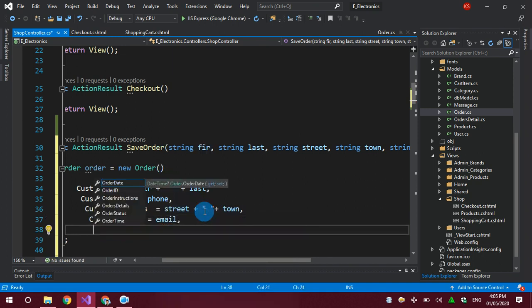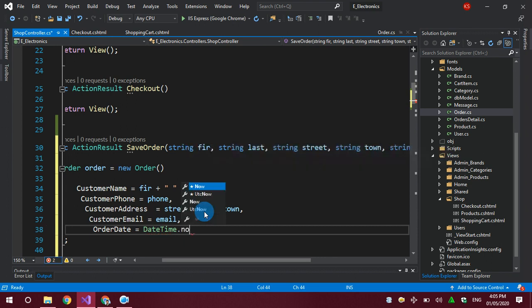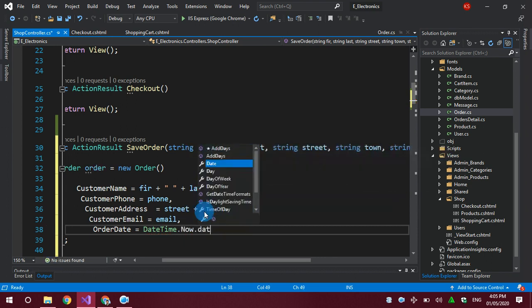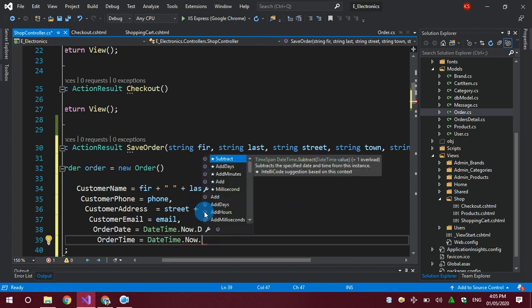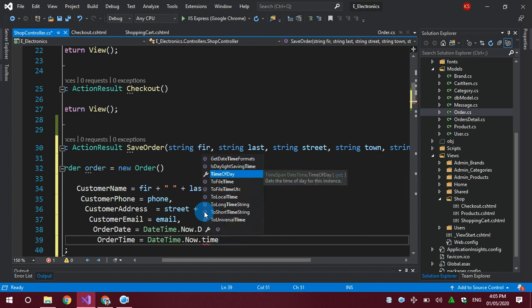A customer has an order date. I will get the date of my system by using DateTime.Now.Date. Okay, customer has order details, no details here. Order time, I'll simply call DateTime again, is equal to DateTime.Now.TimeOfDay to get the current time of the day.